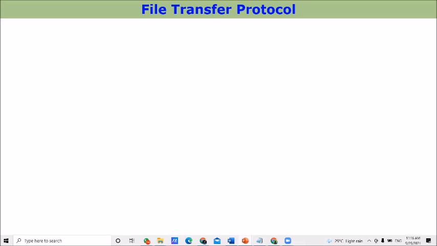File transfer protocol is the type of protocol that has the rules and regulations that should be followed when sending files through the internet.